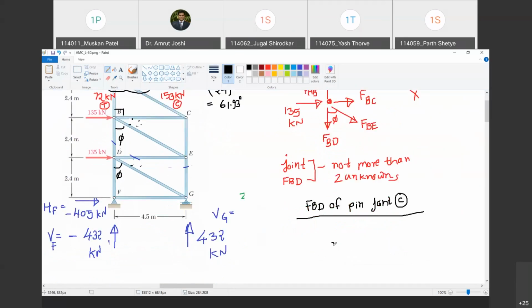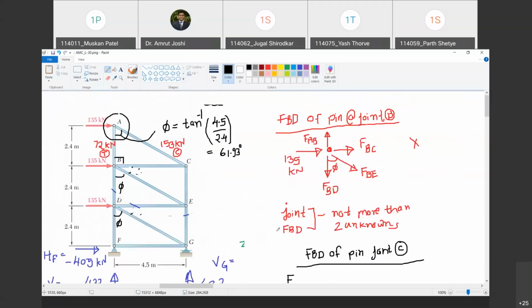So how does the free body diagram look like? Tell me. This is joint C. Member CE is external to joint C. It must be pulling joint C. Why? Because I assume that force in member CE is tensile. Are you with me? Yes, sir. Now, what about member CB? It is also in tension. That is my assumption, so it must be pulling the joint. Are you with me? Yes, sir. And I am going to call this FBC.